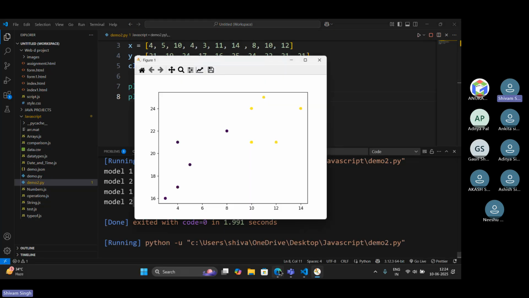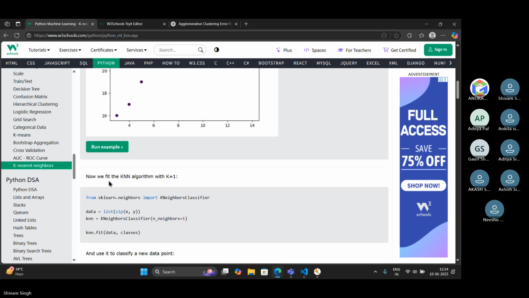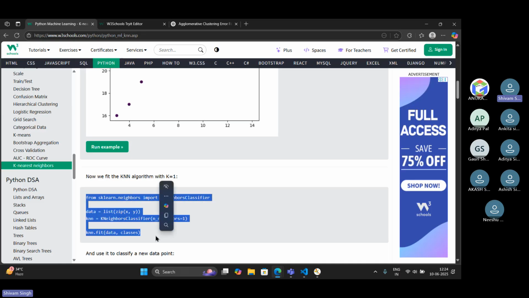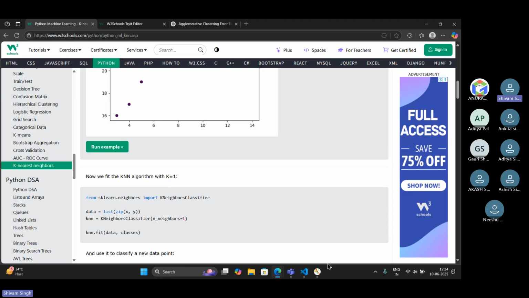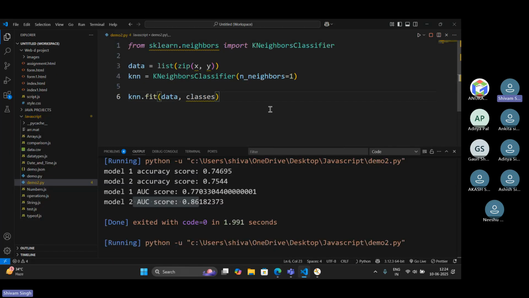Get the scatter graph here. Now we fit the KNN algorithm to k equals 1. So from sklearn neighbors, we import the KNeighborsClassifier and set its neighbors equal to 1. So let's check for it.